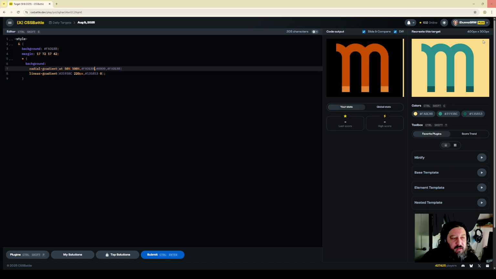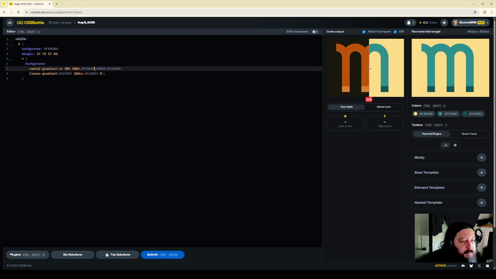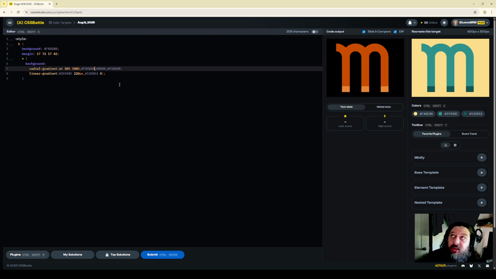The yellow wants to be a radius of 220, 280, 60, 30 pixels. Transparent,